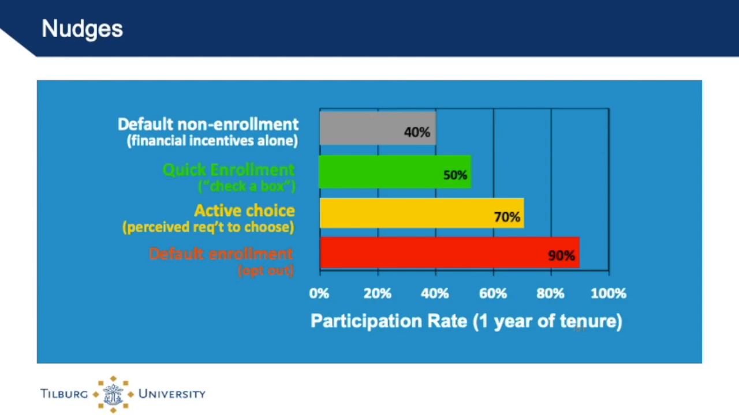Finally, default enrollment. So by default, you are enrolled and you can decide to opt out. This gets a 90% participation rate among the employees that were studied. So I think that's actually pretty interesting. That means nudging, in this case at least, can make a big difference in the degree to which people decide to plan